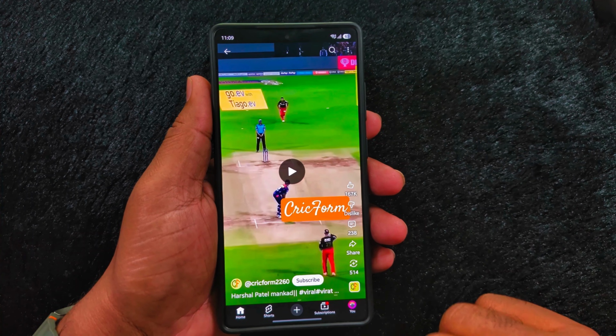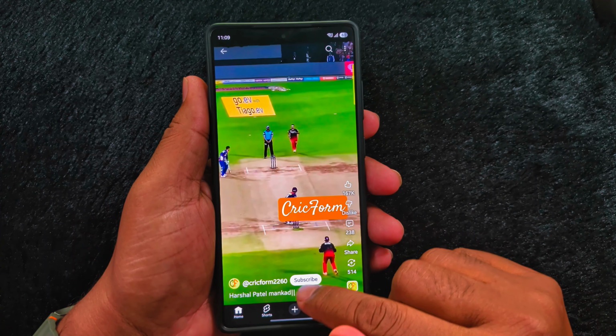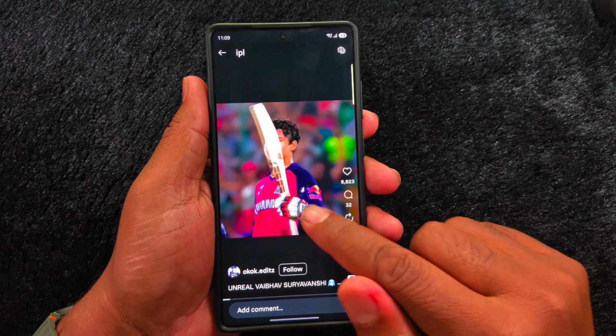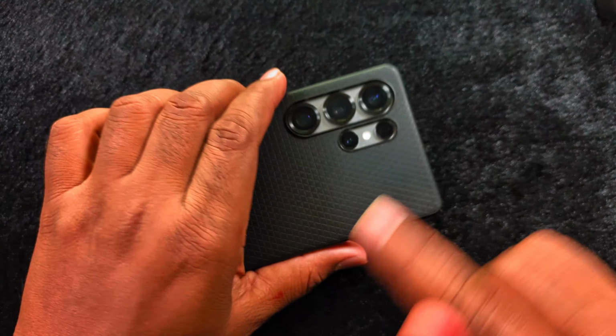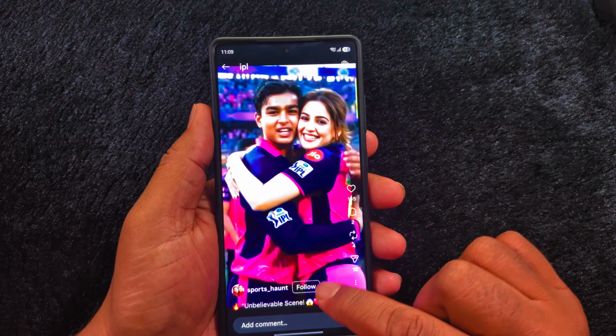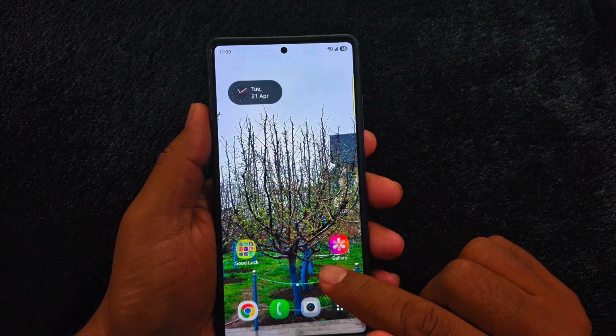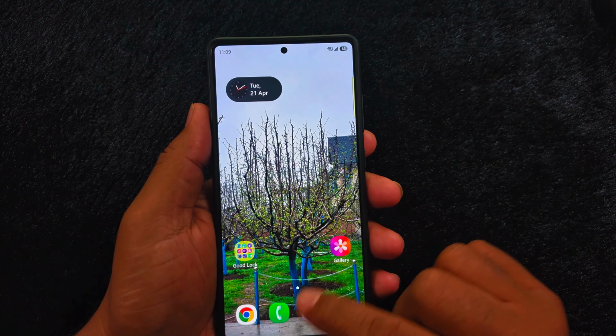If you want to remove background noise from YouTube videos or Instagram Reels on your Samsung phone, here's how to do it. Samsung's Galaxy AI feature called Audio Eraser lets you reduce unwanted sounds like wind, traffic, or crowd noise while making voices clearer. Let's walk through how to clean up audio from a YouTube video or short on your